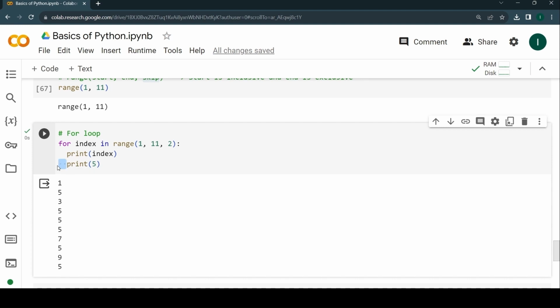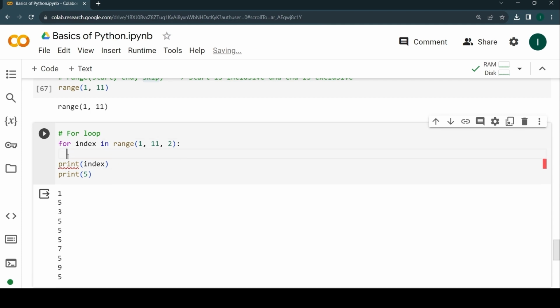If you give this indentation over here, it's going to assume that print 5 is supposed to be within the for loop. If you don't want to have that indentation, then now it's fine. It's not going to give an error because it has at least one line to run within the for loop. And if I skip that thing, now it's going to give an error because it needs at least something to run, right? But if you don't want to get an error like that, you can simply use the pass